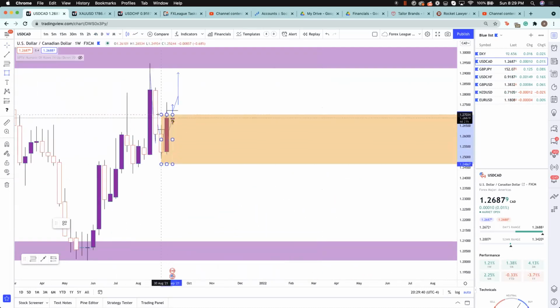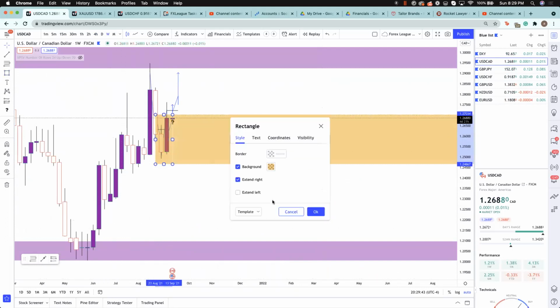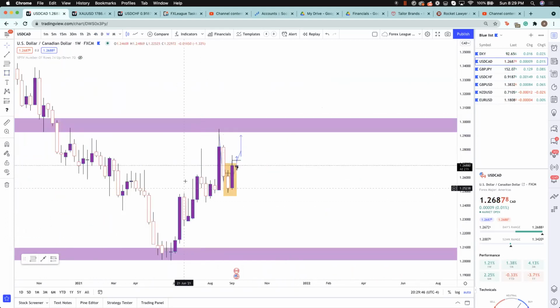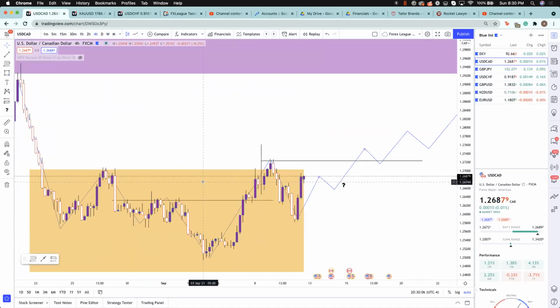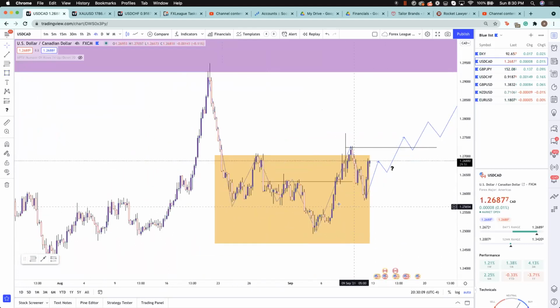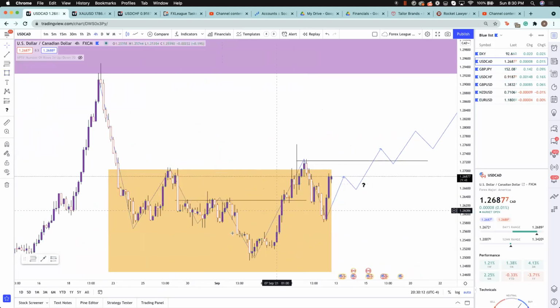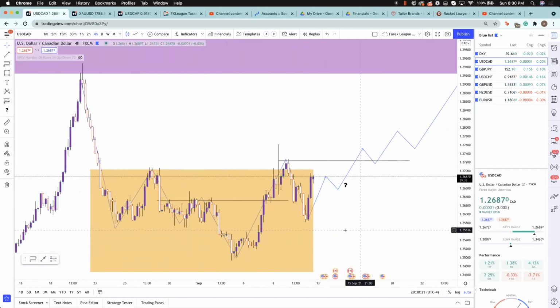If you ever have trouble going between time frames and identifying structure, or identifying how this bullish engulfing breaks down, just go on the weekly, go on whatever time frame, and go down to a lower time frame. This is some of the basics that we're showing inside of the course: weekly time frame, highlight that. All right, so this is that weekly candle broken down into a lower time frame. And we can clearly see here, we're in that downtrend and we broke to the upside. Now we retested it, and it is most likely that this thing will continue to push.